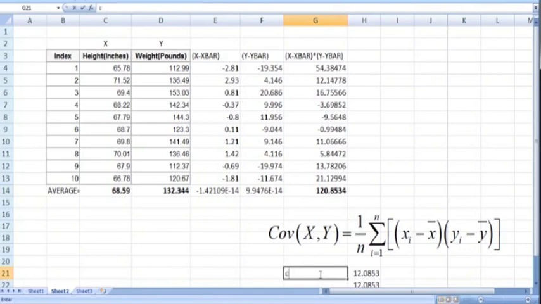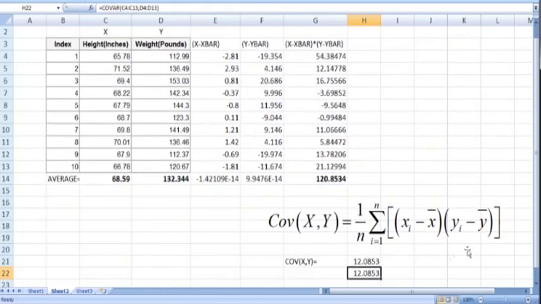So covariance between x and y is equal to G14 divided by 10, because we have n equals 10 in this case. So the covariance is 12.0853.